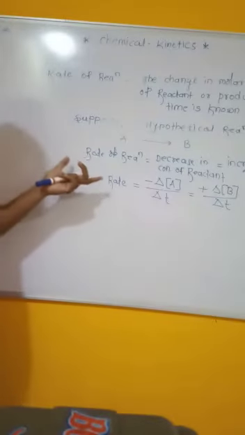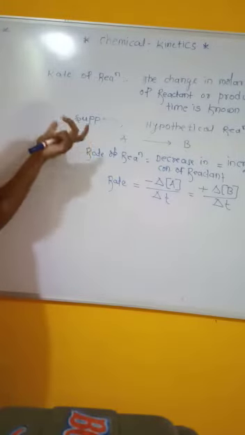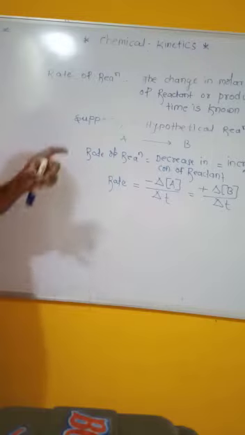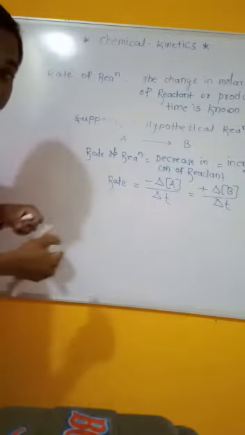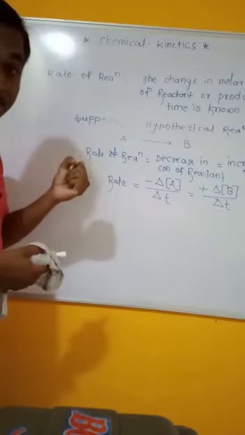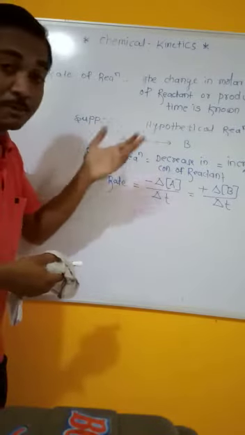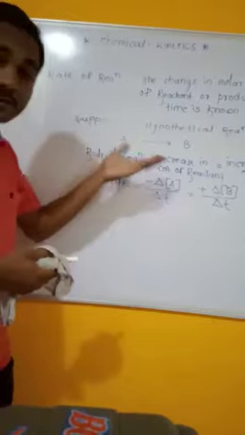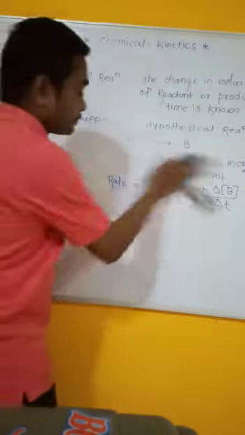This is one example of how you can find the rate of reaction. But we have to consider a next example. If we add some more reactants and the coefficient of the product increases, then we have to take a next example.